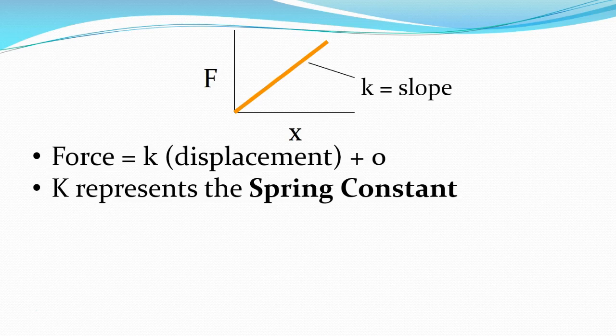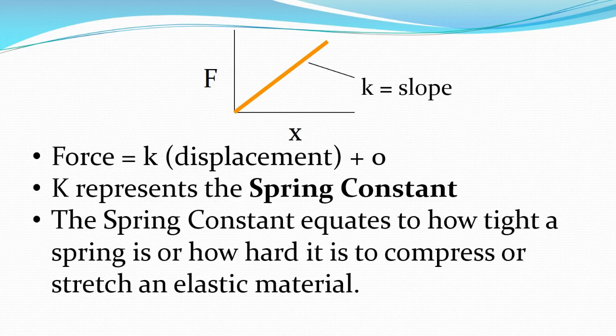The spring constant tells you how stretchy or not so stretchy a spring is. The higher the spring constant, the tighter the spring. The lower the spring constant, the looser the spring. The unit for the spring constant is newtons over meters because its force is its rise and then its run